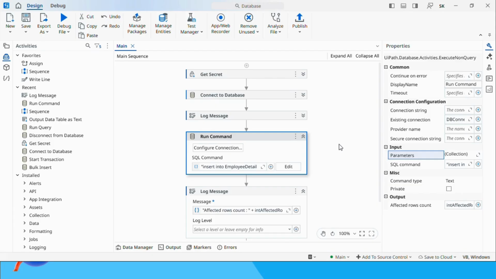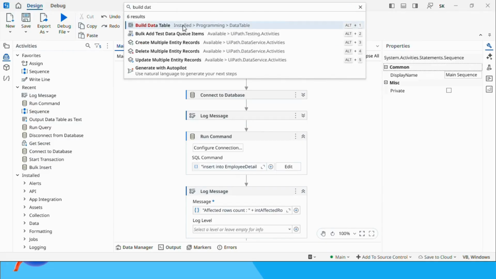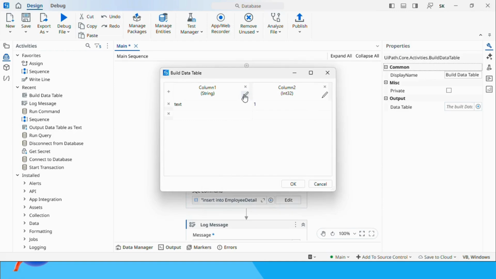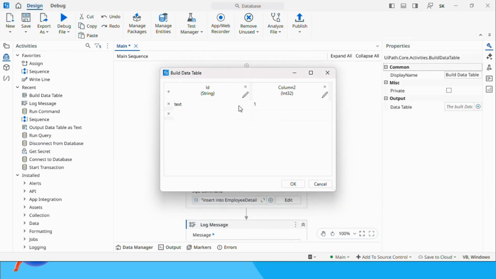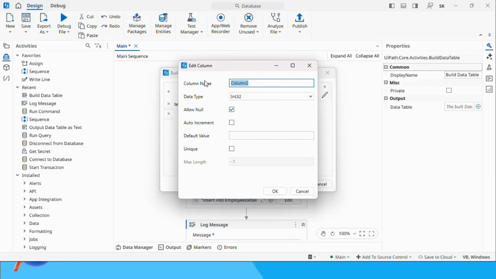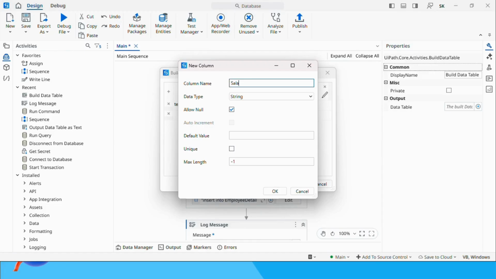Let's take a scenario where we have employee details in the data table, and let's see how we can add those details in the database by using the run command activity. For that, first I am going to take one build data table activity. Here I am going to mention three columns: ID, name, salary,